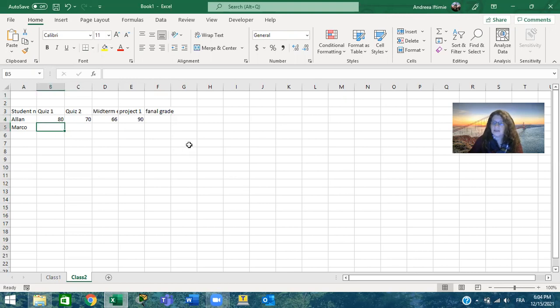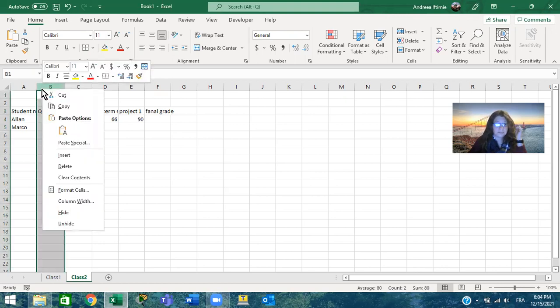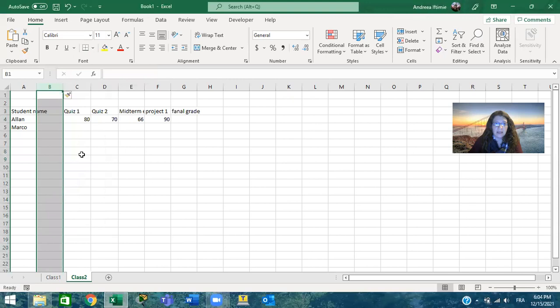But oops, I just realized that I'd like to have maybe the family name of the student also. So how do I do it? Do I retype everything? No, of course not. So we're going to press on B and we're going to click on it. And we have all these options here where we can insert. And I insert and it makes me a whole new column in the place where the column was. So I just made more space. And now I have